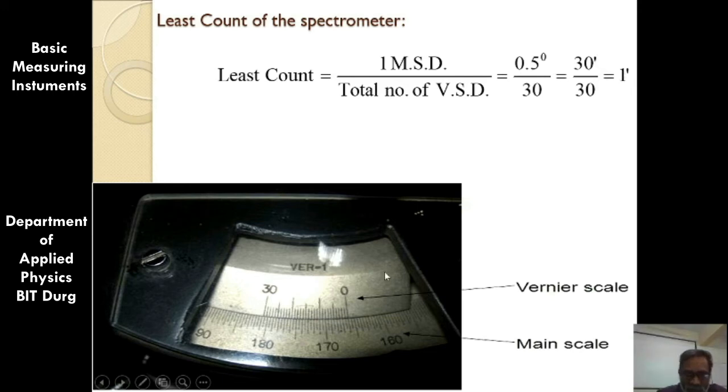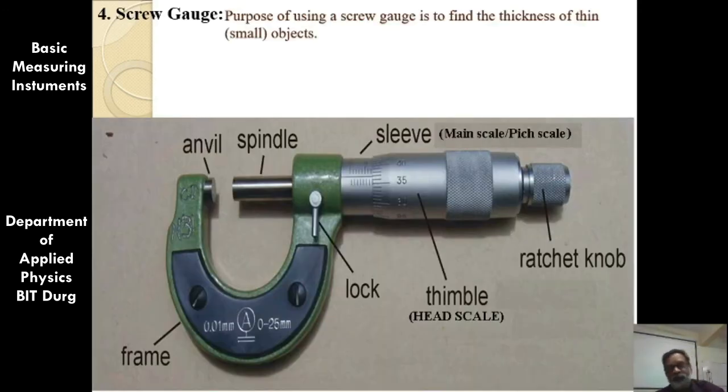Here this is the vernier scale, this one is the main scale. This main scale is calibrated from 0 degree to 360 degree, a complete circle. So this measures the angular separation. Although this is a vernier scale, it never measures as usual. You can think that any vernier is going to measure linear separation, but this specific vernier is going to measure angular separation.